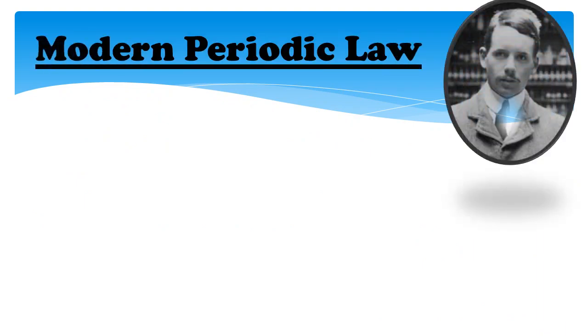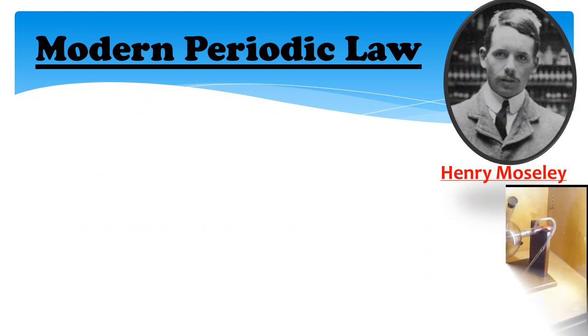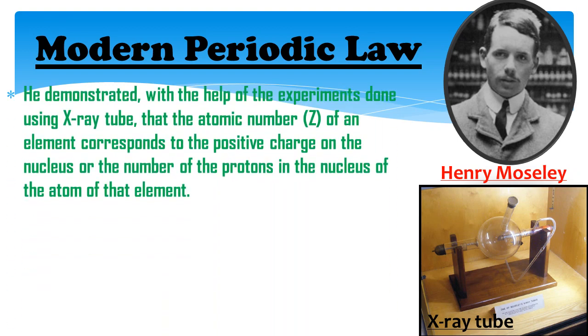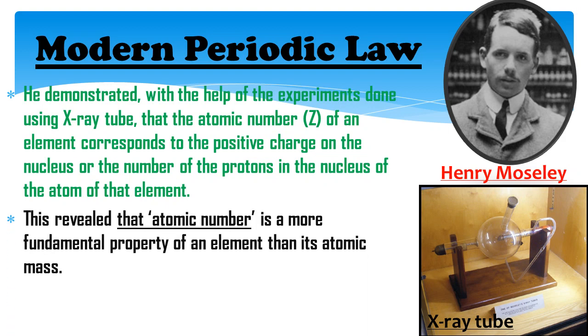So in 1913 AD, the English scientist Henry Moseley demonstrated, with the help of an experiment done using an X-ray tube, that the atomic number, which is represented by Z, of an element corresponds to the positive charge of the nucleus, or the number of protons in the nucleus of the atom of that element. That means atomic number is nothing but the number of positively charged protons in the nucleus of an atom. This revealed that atomic number is a more fundamental property of an element than its